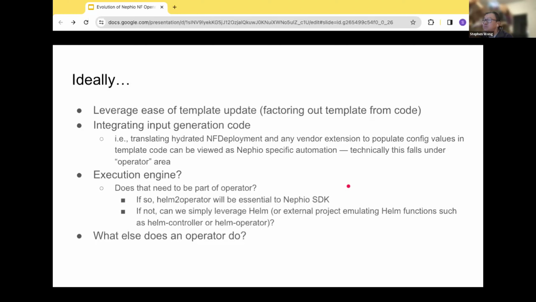Or, on the other hand, why not just use Helm, or some other deployment tool? I think there are a lot of Kubernetes deployment tools that are great and very mature. I just don't know that Nephio should replicate that. We should leverage them, and that goes into the SDK side. If we want to validate this, the SDK should allow us to deploy this dynamically.